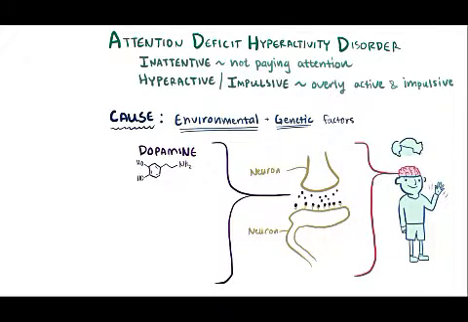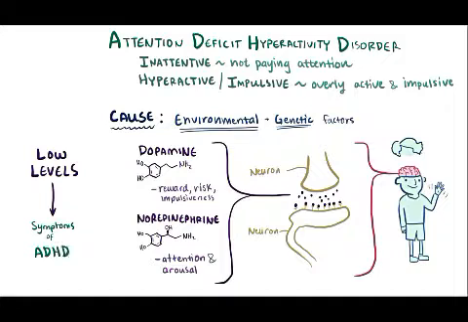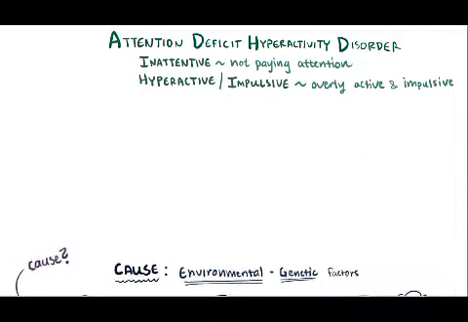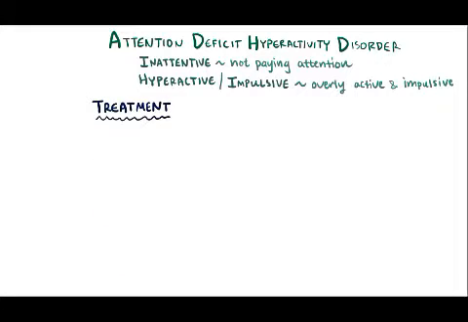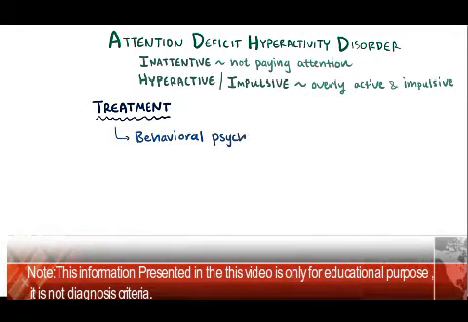Dopamine is a specific neurotransmitter that gets released when the brain's involved with behaviors like getting a reward, taking a risk, and being impulsive. Norepinephrine is another neurotransmitter involved in attention and arousal. It's thought that lower amounts of these 2 neurotransmitters floating around contributes to symptoms of ADHD. The reason why these neurotransmitters might be down in the first place is still not well understood, and research remains ongoing. Now, treatment for ADHD can be tricky, since symptoms might vary from patient to patient, although it most often